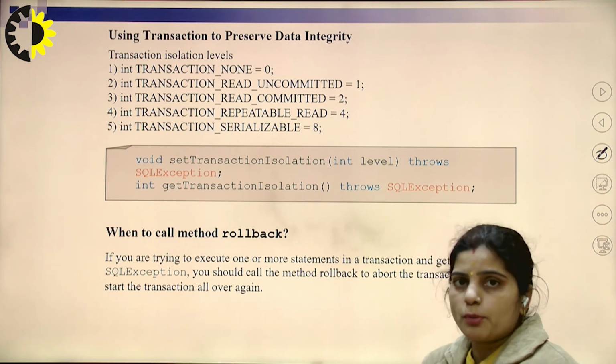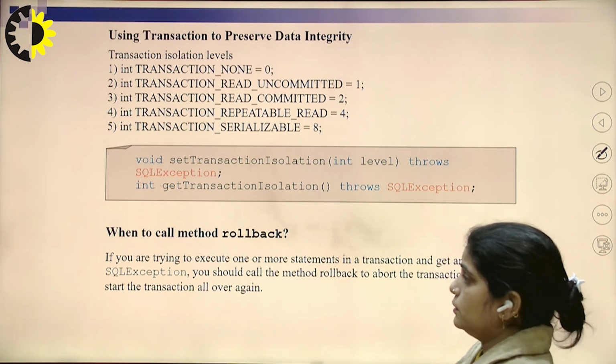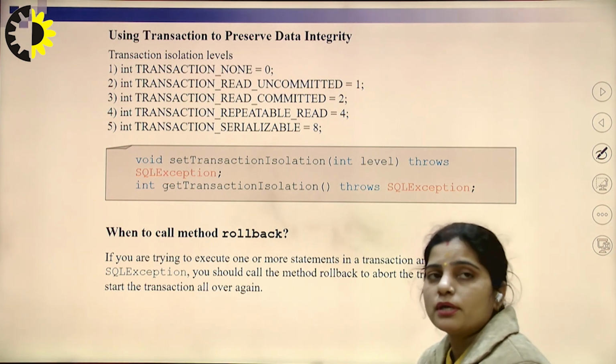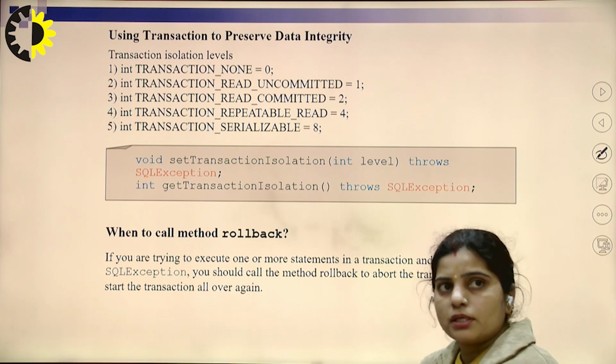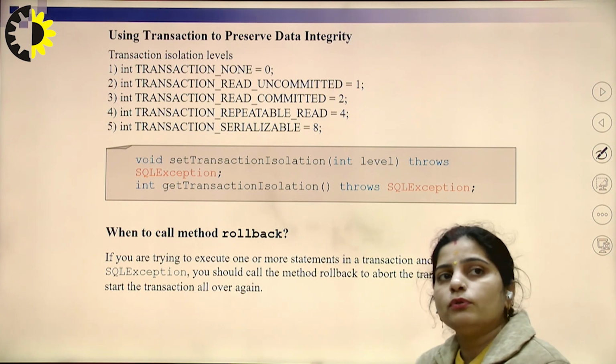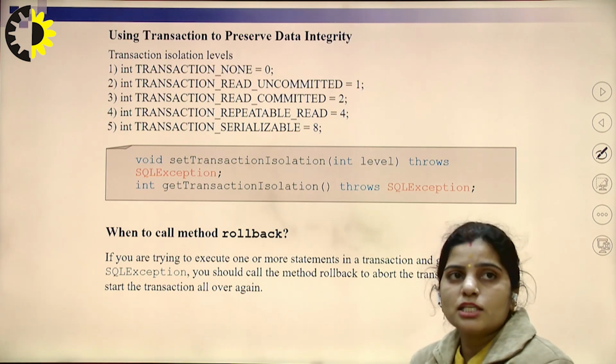These are the ACID properties, which are the most important part of the database. You must know about the ACID properties before moving on to the topic of transactions.